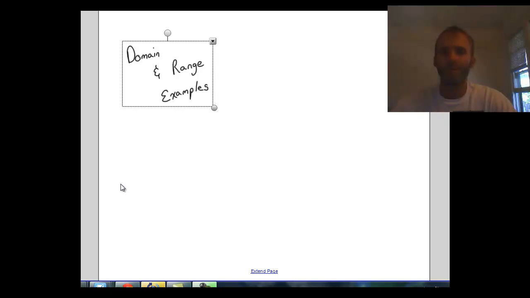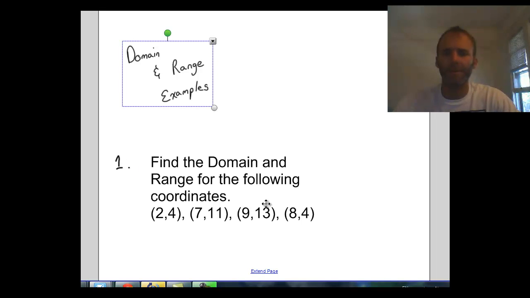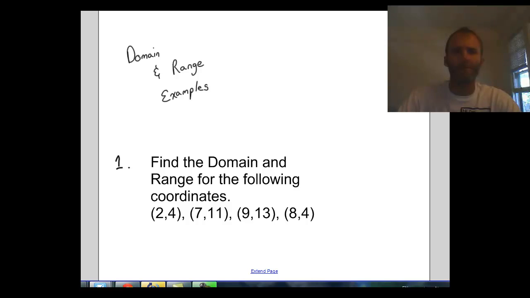Okay, class, so we're going to be finding domain and range for some examples here. And these mirror the problems that you'll find in the book. So let's look at one of these problems. First problem states, find the domain and range for the following coordinates. So we have 4 ordered pairs here, and we're asked to find the domain